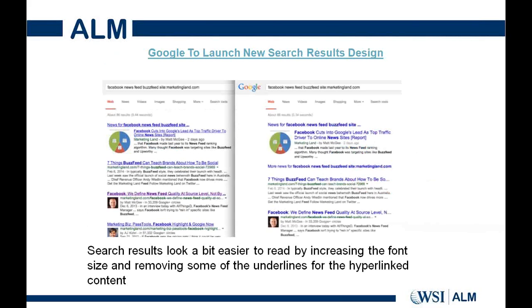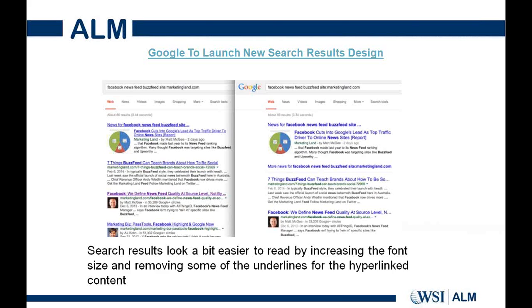So Google's been experimenting. I'm not sure if some of you have noticed, but Google's been experimenting a lot with the interface for their first page results as they get displayed to visitors when they come onto Google and search for anything using their search bar. They've been playing around with things like font size, and with reducing the number of hyperlinks that they display on the home page,